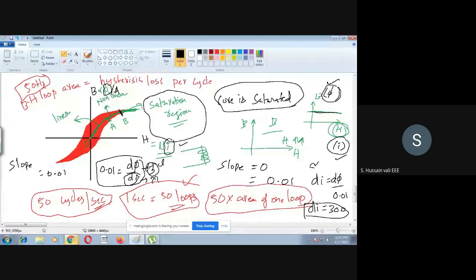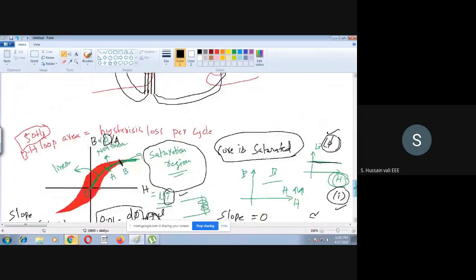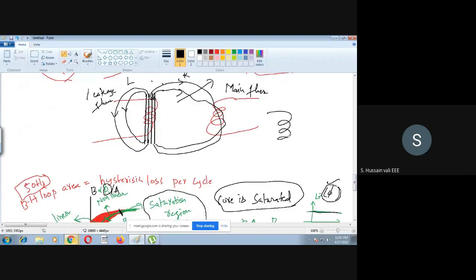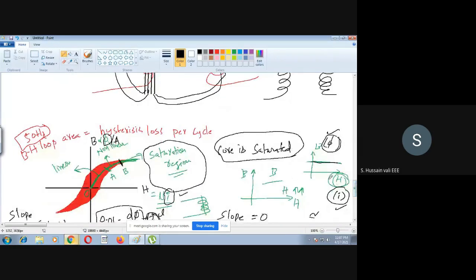So if I want to change phi by a small value, I have to change I by a large value. So how much is the current now? Current is flowing at 300 ampere. So the current in the winding, primary winding, secondary winding, will be 300 ampere. If 300 ampere current is flowing in the winding, can the winding sustain it? No, the winding cannot sustain. The winding will get burned. Immediately the winding will get damaged, a fire will occur, and it will burn completely. Why is it burning? What is the reason?